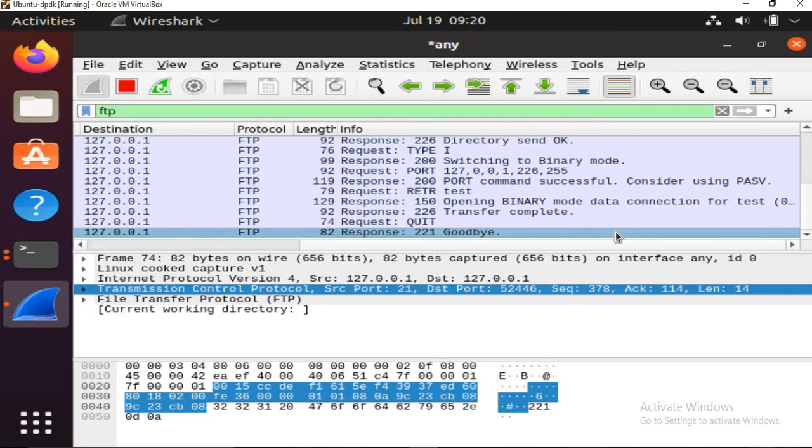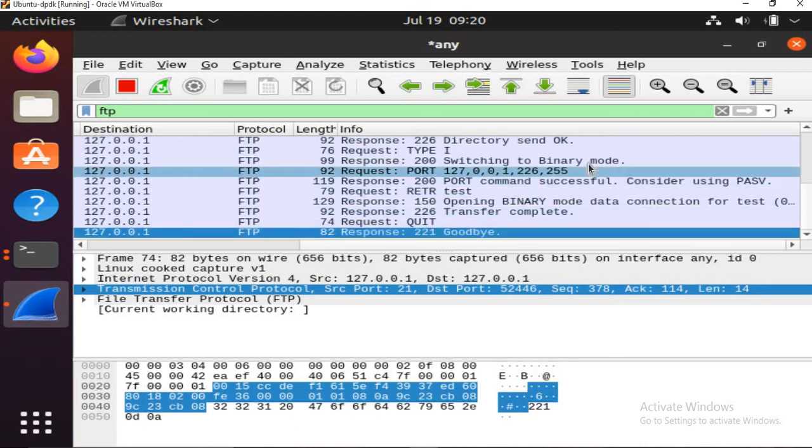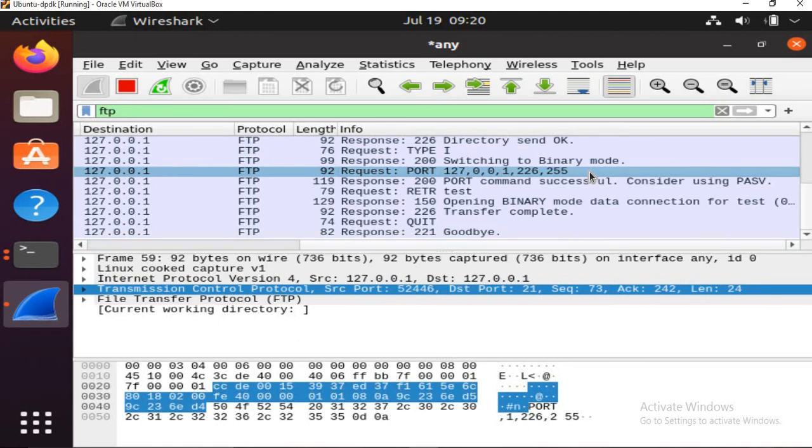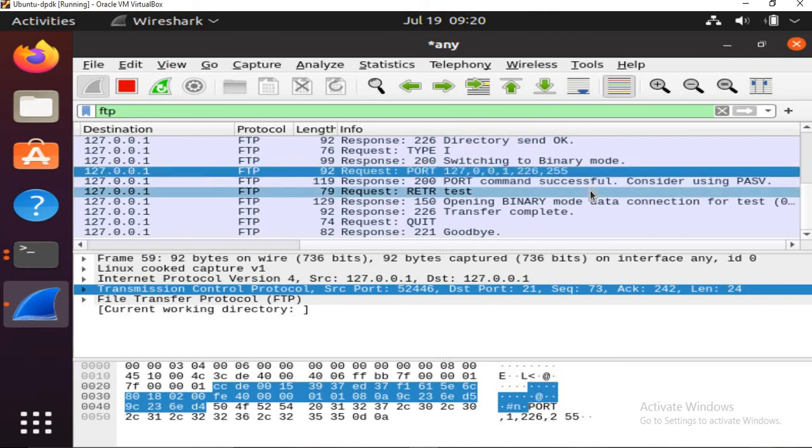So what did you understand by this? Every data command that you give, for example list, get, put, in turn sends a PORT command for the data connection with the port number. The server establishes the connection on the port number that is given by the client, and then the command is issued.